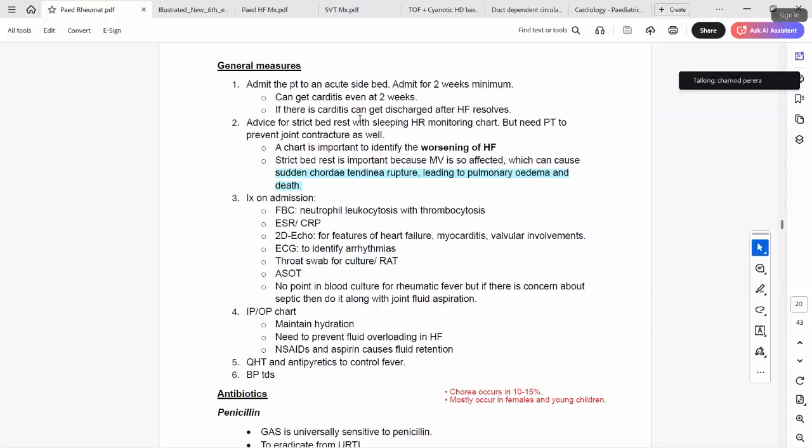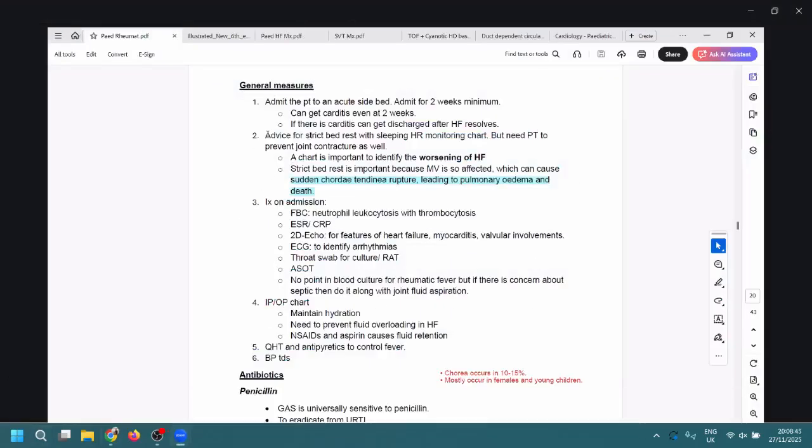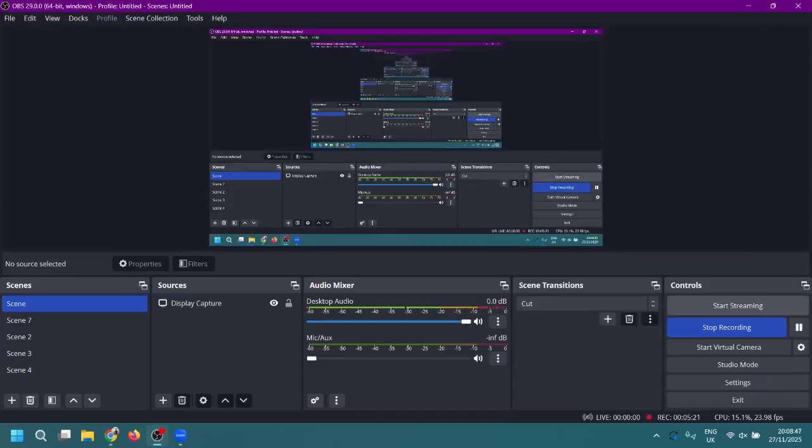But the other thing is this patient might be taking strict bed rest, but you need to think that the patient will also be having arthritis, like migratory arthritis, migrating polyarthritis. Therefore, the patient needs physiotherapy while the patient is in the bed as well. So, apart from the bed rest and the admission for 2 weeks, you need to know the investigations and the